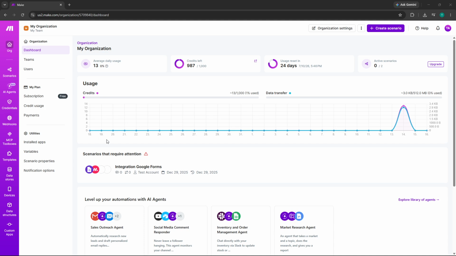Today I'll walk you through how to create simple filters in Make, so you can control exactly which data moves